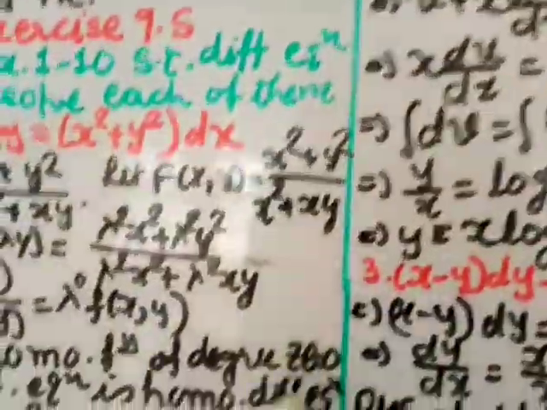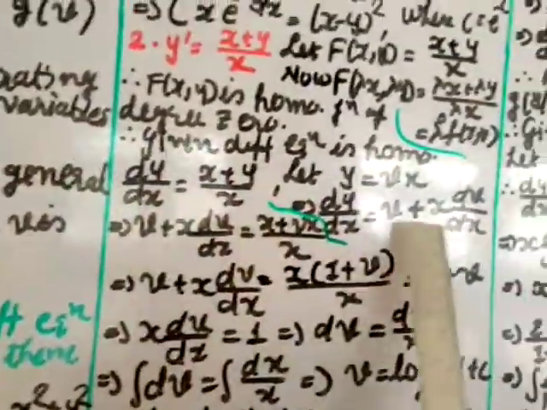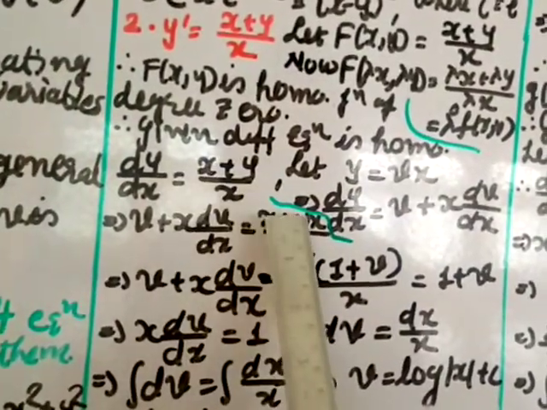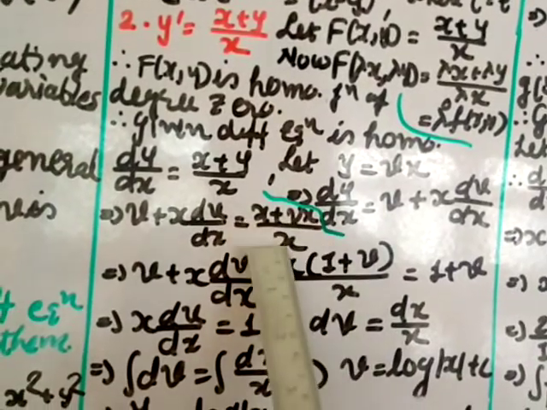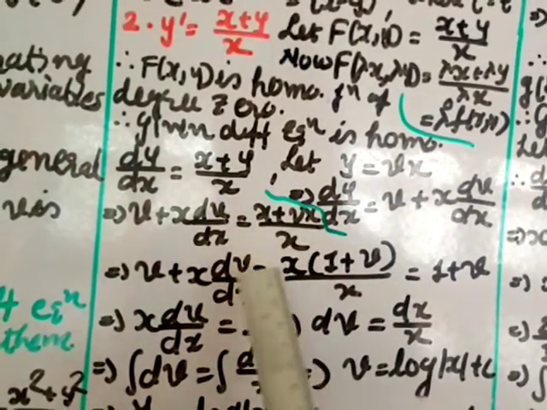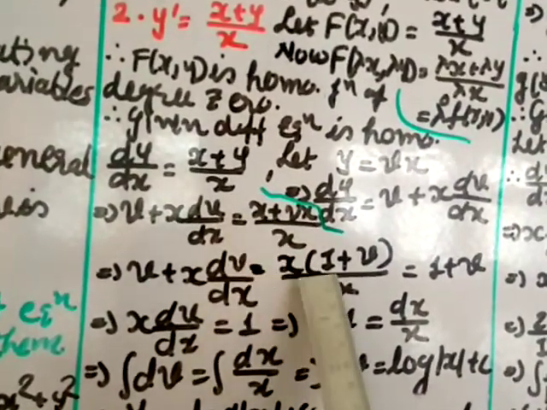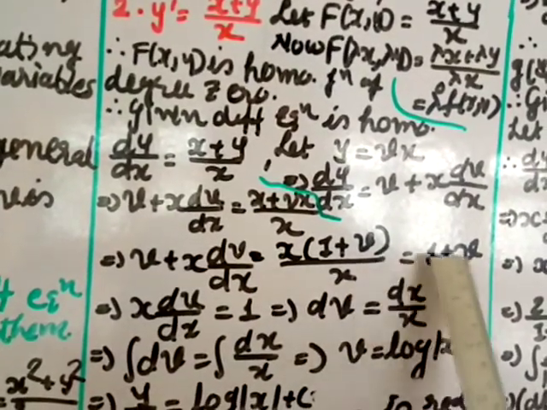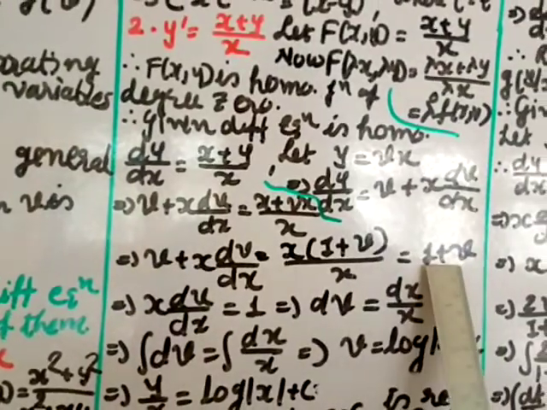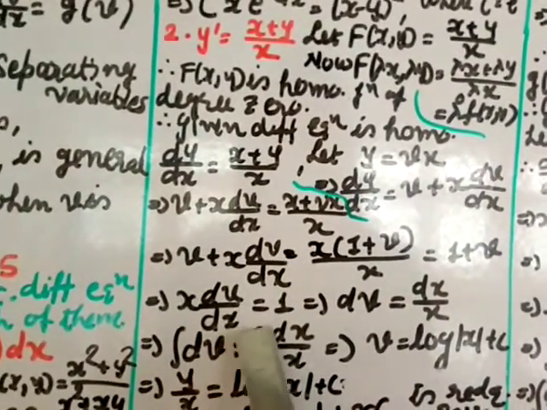We already did this before, okay? So I'm just directly doing it. Now instead of dy by dx, you put this value. Instead of y, you have to put v into x, okay? Y is equal to v into x. So x is as it is plus vx by x. Take x common and cut by x. So I have taken x common here. Here remains 1. Here remains plus v divided by x, x cut, so you get 1 plus v. Here v, so v and v also cancel. So what you get here is x dv by dx equal to 1.